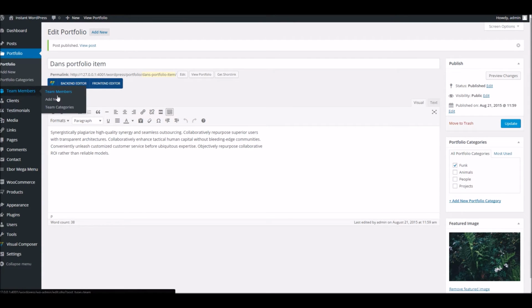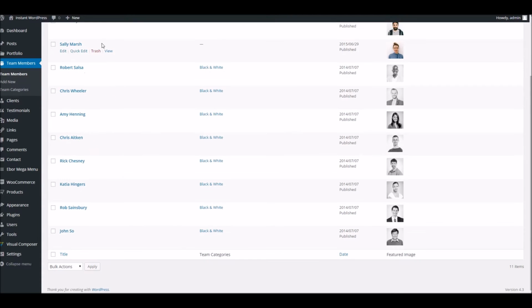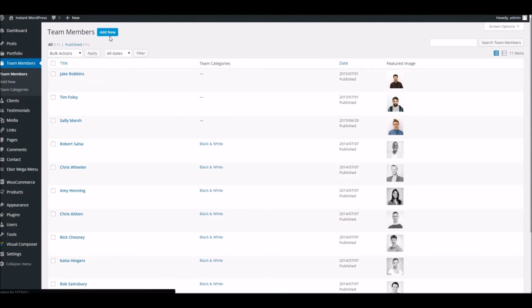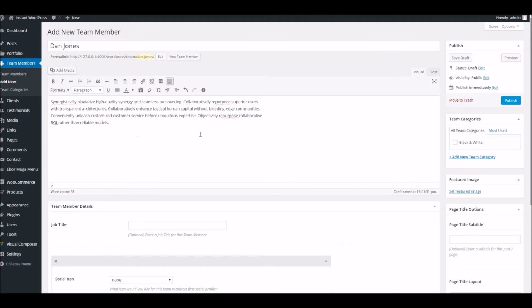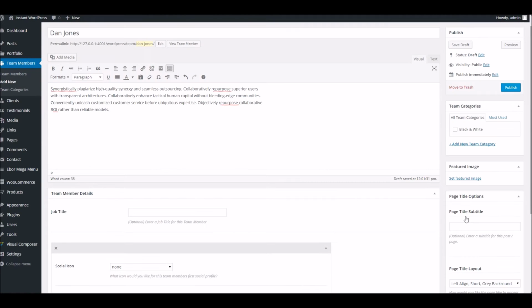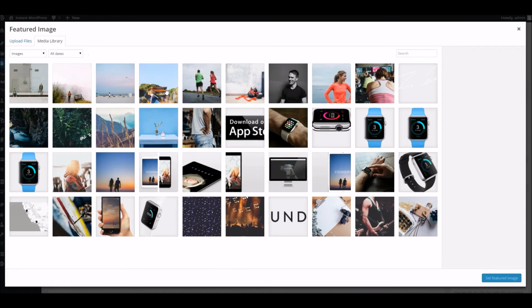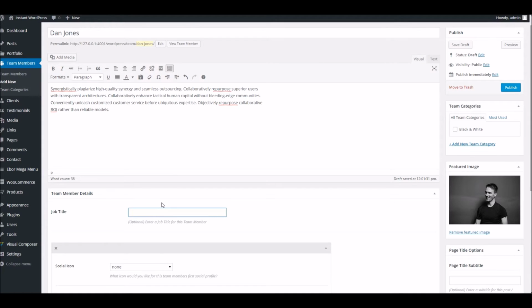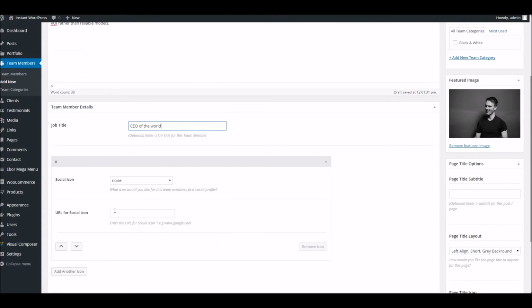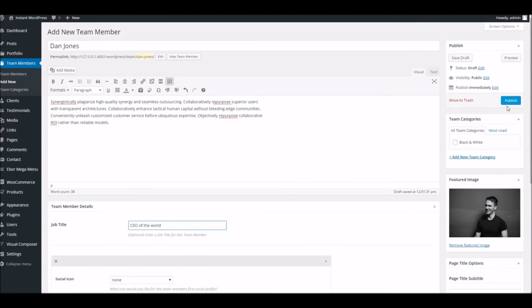So again, if we have a look, this is what we've got so far, just from the demo content. I'm going to quickly add one more. Pop a bit of text in there. Obviously we want to see what this particular user looks like. And for now, I'm going to look like this. And my job title can be CEO of the world. If we publish that,